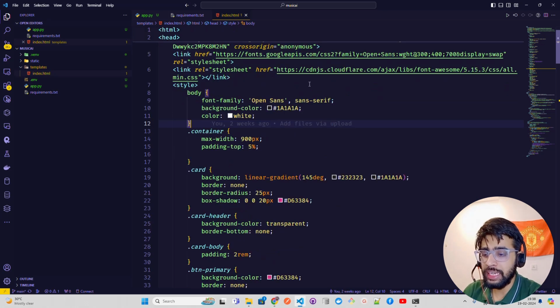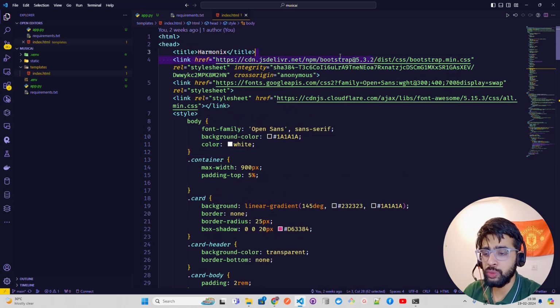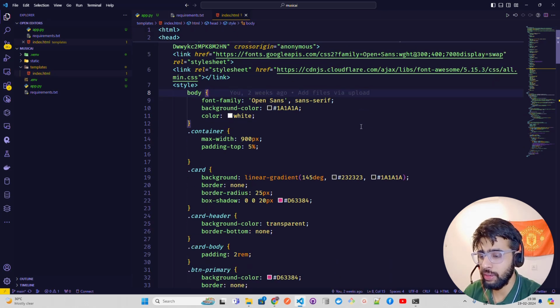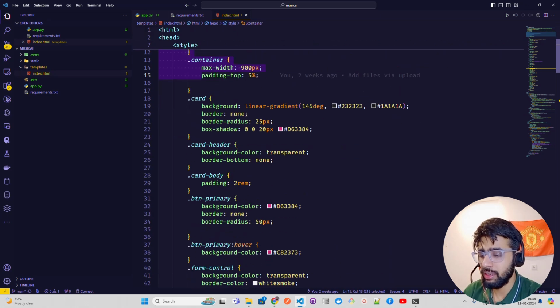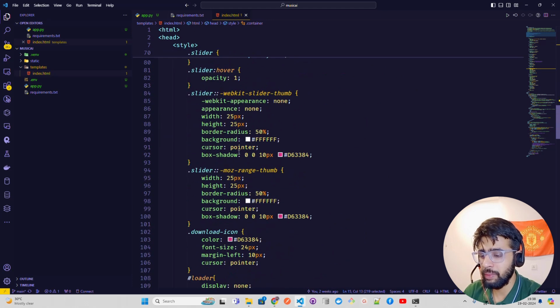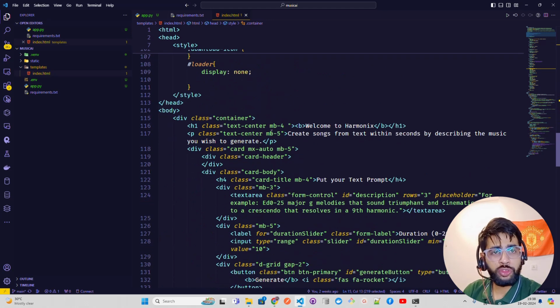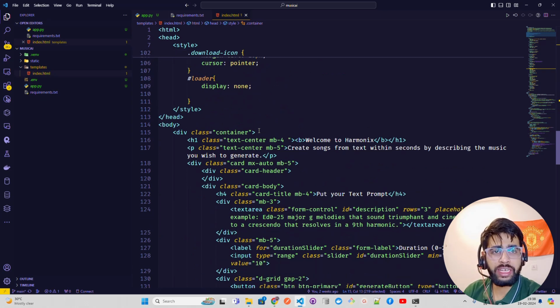Some of the CSS styling, we use Bootstrap 5.3, Bootstrap that helps you with the styling and things. You can use React as well if you want. We have some styling, body container things. It's a responsive app. We are using the media query, WebKit and all, where it makes it responsive on different screen sizes.